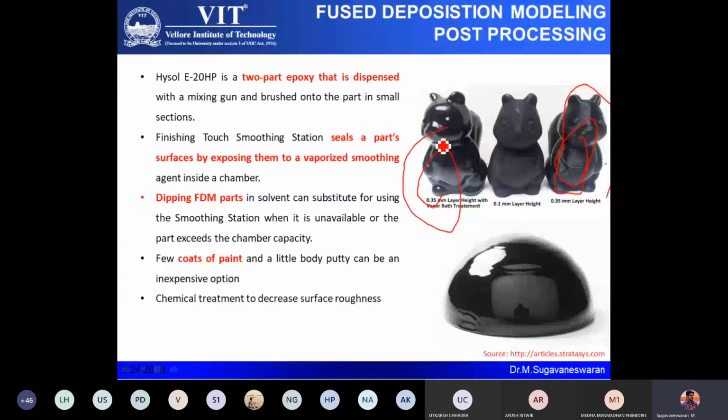You have to repeat it. After a certain number of cycles, you are able to achieve a smooth finish. This smoothness is achieved because of the deposition of vapor. So this particular strategy is called the vapor smoothing technique. These are the ways in which you can achieve a complex 3D component through additive manufacturing, and then improve the finish of the component by using a post-treatment method.